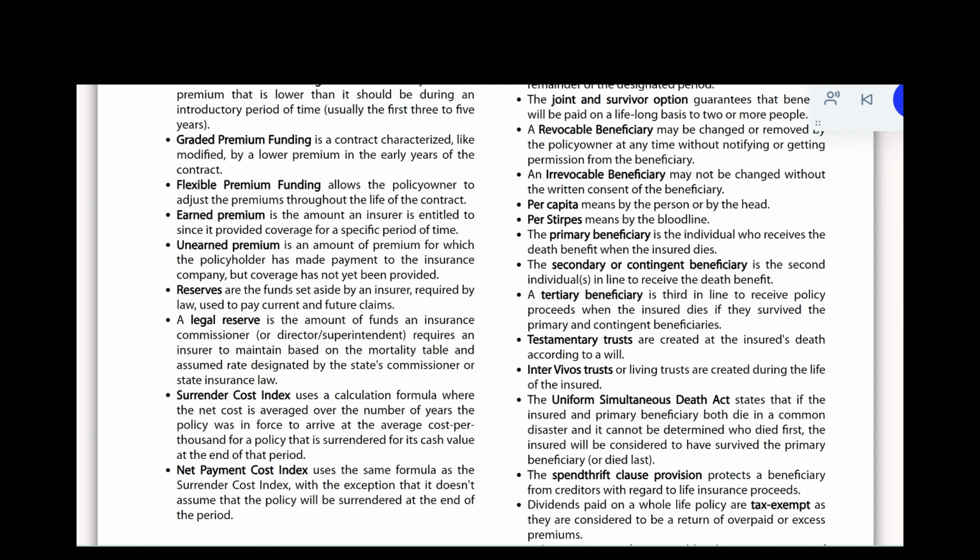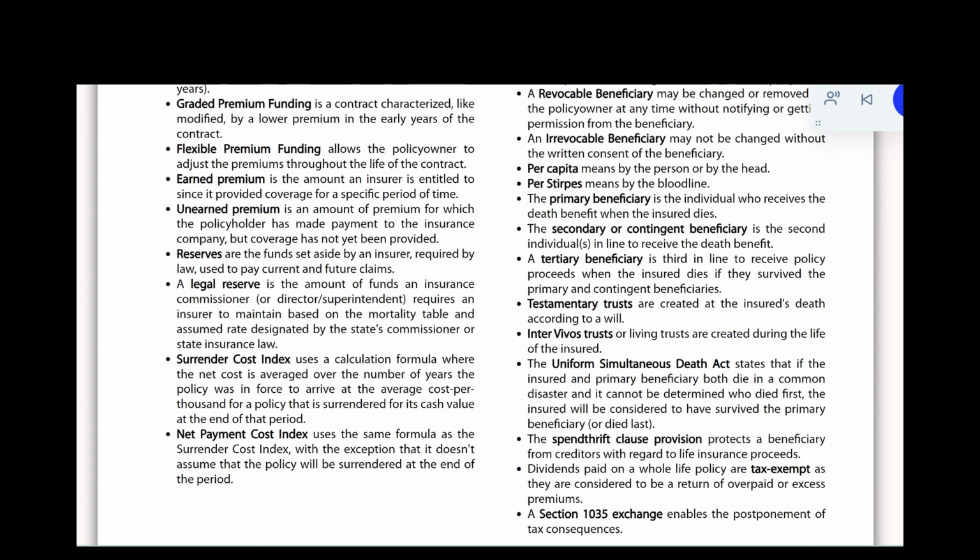The Uniform Simultaneous Death Act states that if the insured and primary beneficiary both die in a common disaster and it cannot be determined who died first, the insured will be considered to have survived the primary beneficiary, or died last. The Spendthrift Clause provision protects a beneficiary from creditors with regard to life insurance proceeds. Dividends paid on a whole life policy are tax-exempt as they are considered to be a return of overpaid or excess premiums. A Section 1035 exchange enables the postponement of tax